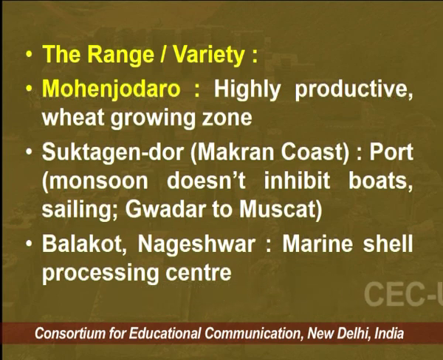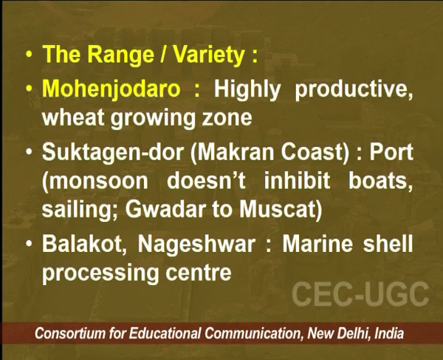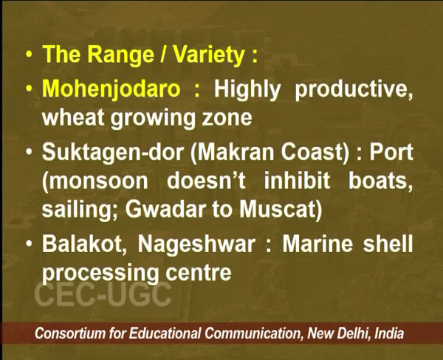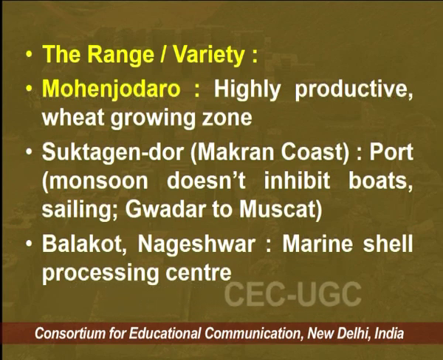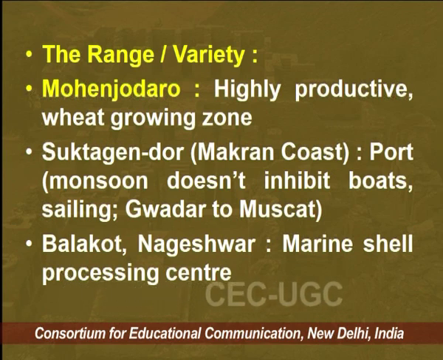It could be the marine shells that could be processed here, because we have some debris of marine shells that probably were processed here. So, as we call it in historical writings or archaeological writings, it could have been a factory site. Now, factory should not lead you to believe the kind of imagery that it carries in the modern times, but factory site means something was worked upon, some tools, utensils, or some bangles or some other artifacts were manufactured here